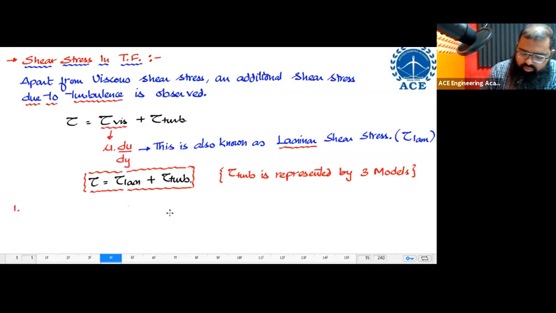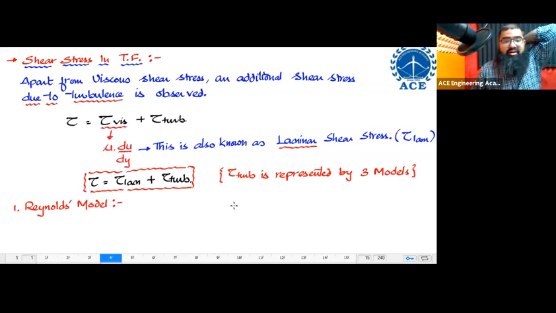The first model I'm going to have, the simplest of all models, is known as Reynolds model. Now, what does Reynolds model say regarding tau turbulent? What is Reynolds model saying regarding tau turbulent? Let us see. According to Reynolds model, the value of tau turbulent